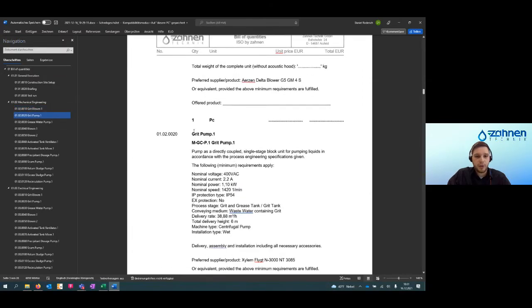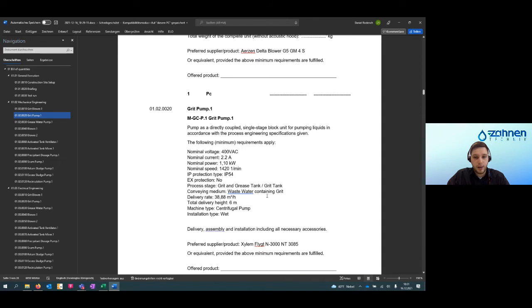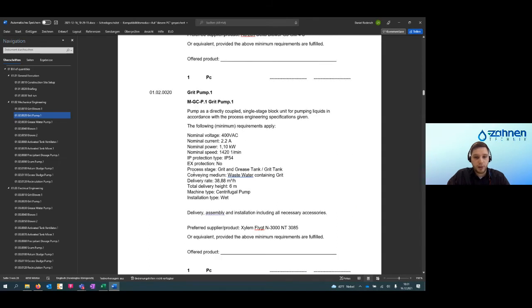And the second machine here, I made an example for the second option that we have. So we have our introduction text, we have our closing text, and then we have a list of every technical parameter that we configured in our user interface, and what defines the machine. And like you see here, for example, the process stage or the conveying medium, the delivery rate, all these